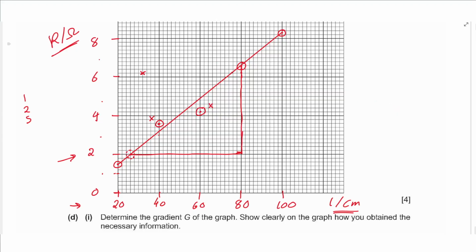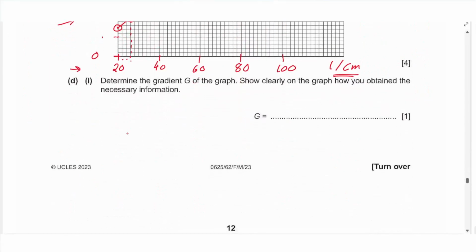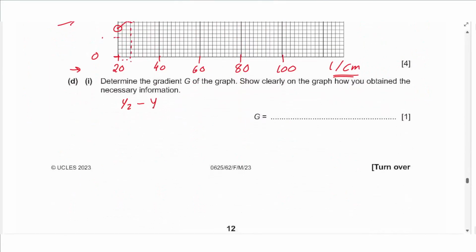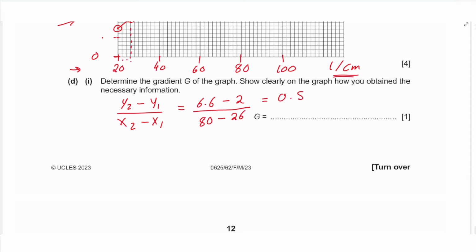So the first one is 80 on the x-axis and 6.6 on the y-axis. This is 0.2. Here we have 22, 24, 26 on the x-axis against 2 on the y-axis. So we have 0.1 and 0.2. Then we use the equation y2 minus y1 over x2 minus x1. So we have y2 was 6.6, y1 was 2, x2 was 80, x1 was 26. This gives a value of